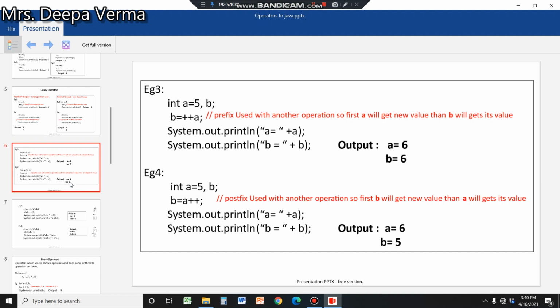First add, and then do other work. So plus plus 5 has added 1, so it has become 6. So what will b print? Plus plus a, b has stored here. So b value is 6, and because a is also increasing with plus plus, here a value is also 6.